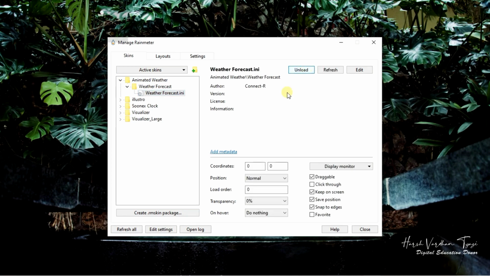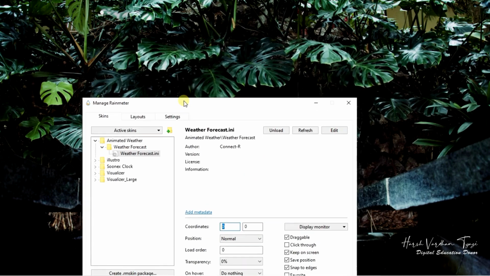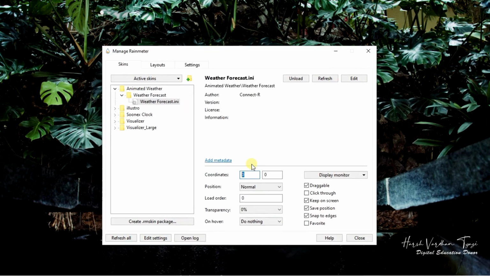Fine. Once you have clicked on this, you need to change the coordinates if it is not visible. Maybe it is not visible because it has come in a smaller size. For me it is visible, I can show you. So let's change the position and keep it on desktop. Then select the other folder, that is Sonex clock.